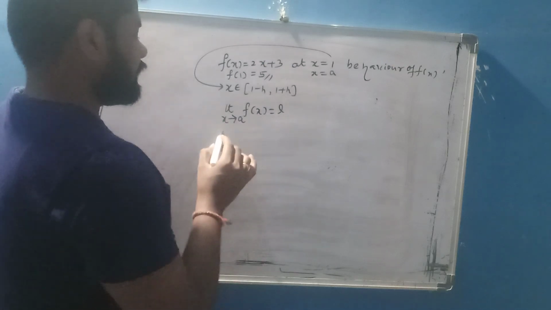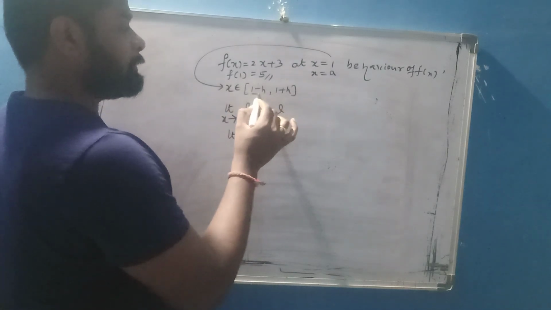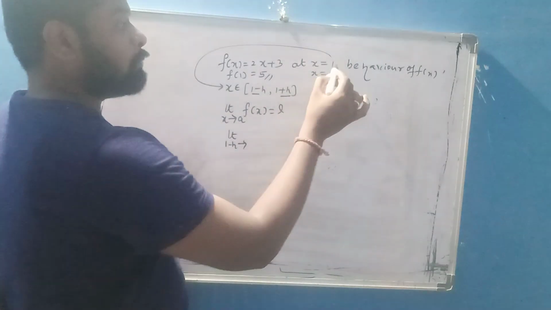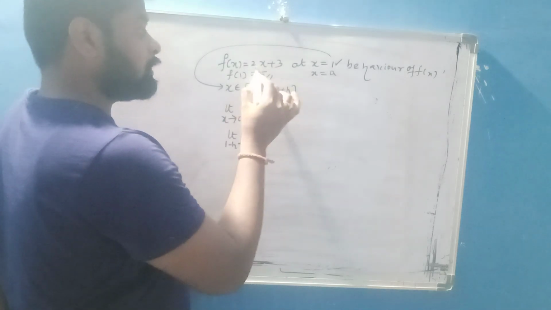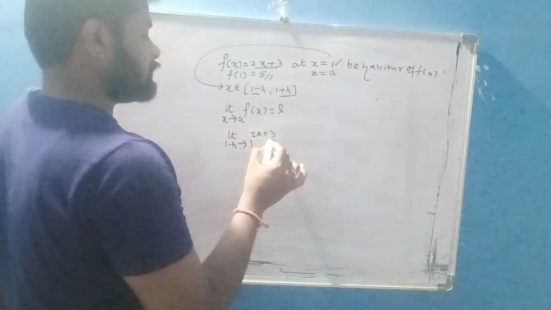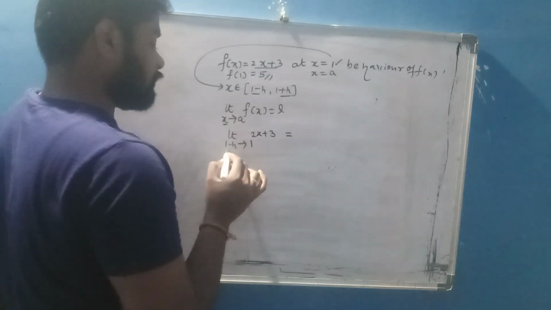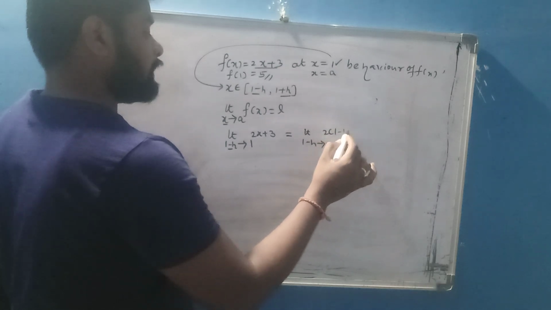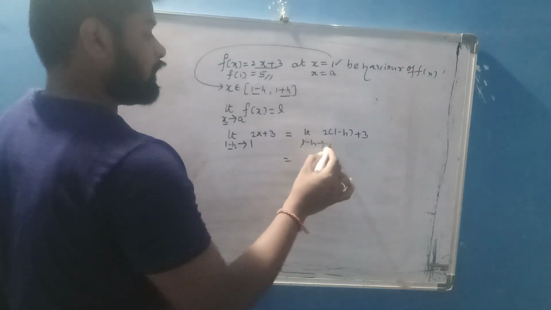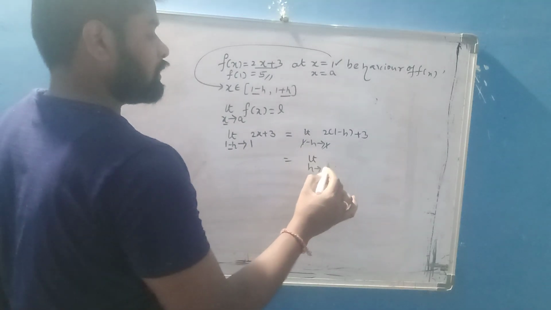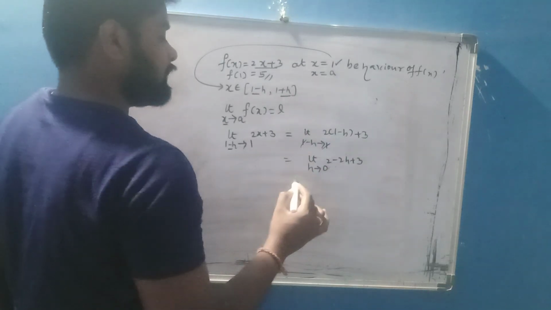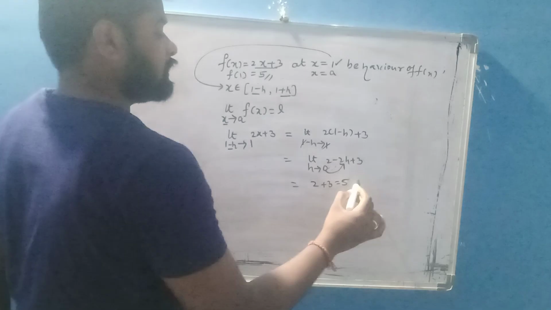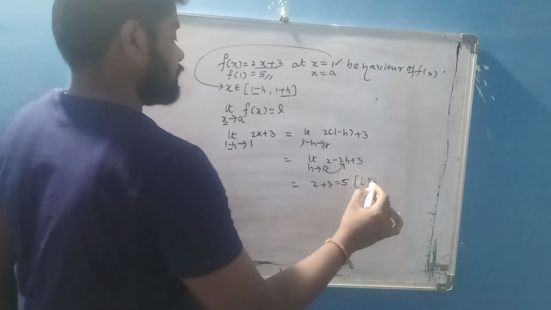From the definition I have taken limit x replaced, x belongs to 1 minus h comma 1 plus h. I have taken 1 minus h. The value of a is 1. f of x is 2x plus 3. Here x is replaced by 1 minus h, and here also replaced. Limit 1 minus h tends to 1, 2 times (1 minus h) plus 3. Here 1 cancels, we get h tends to 0, 2 minus 2h plus 3. Replacing h by 0, we are getting 2 plus 3 only, no? That is 5.